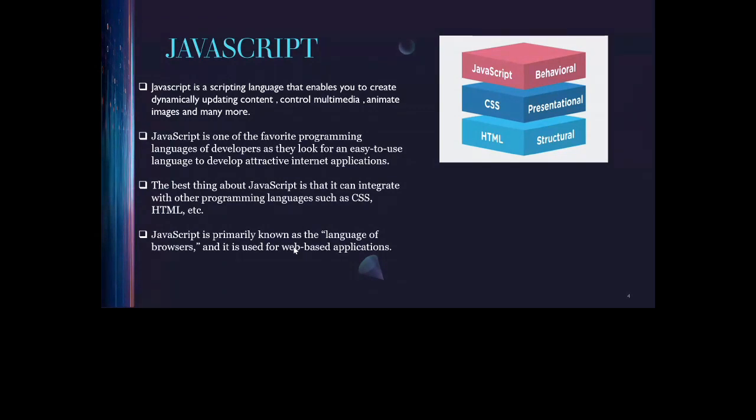Now, why is JavaScript so popular? It is a very easy to use language, and it has very good integration with HTML and CSS. JavaScript is known as the primary language of the browser, because every browser has its own JavaScript engine. As a trivia, Google Chrome has its own JavaScript engine called V8, and Microsoft Edge has its own called Chakra. Firefox uses SpiderMonkey, and Safari uses JavaScriptCore as its